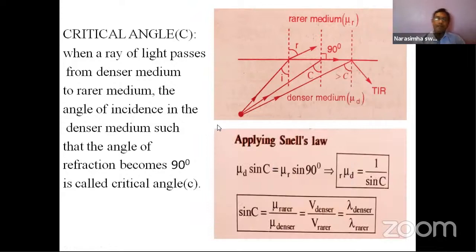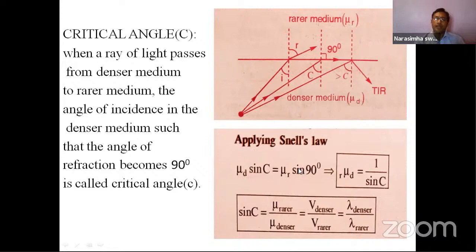Applying Snell's law for this: mu1 sine i, the refractive index of the medium multiplied with the sine of the angle of incidence, as we have discussed. The same thing here: mu d, the refractive index of the denser medium, multiplied with the sine of the incident angle. Here the incident angle I became C. So mu d sine C is equal to the refractive index of the rarer medium